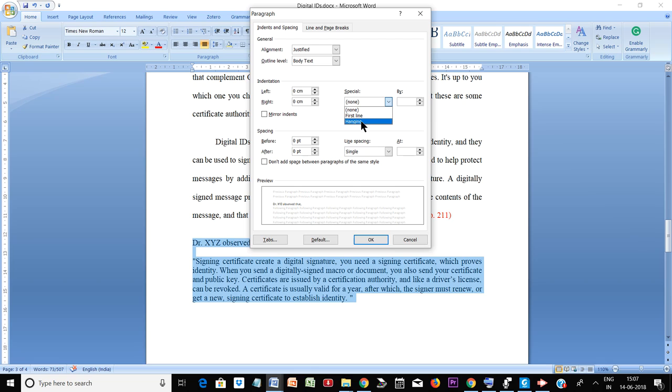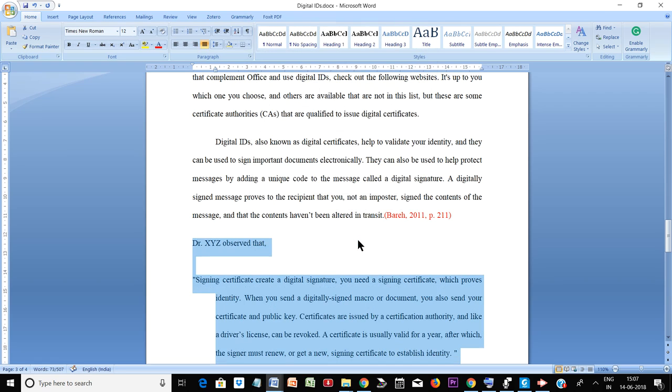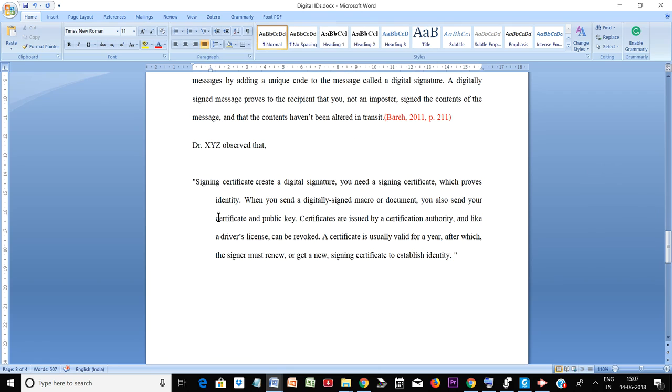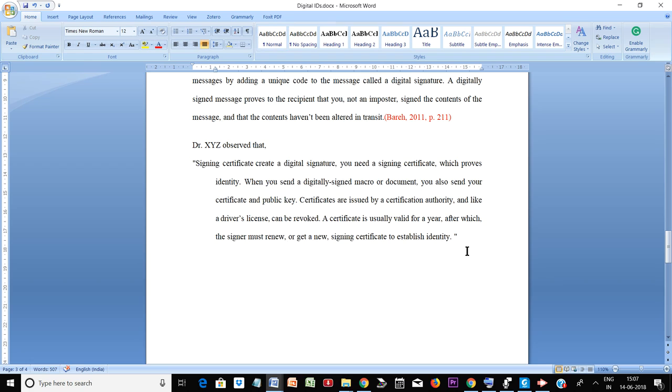Now I'll give a hanging indent. Okay, hanging indent gives me 1.27 centimeters, equivalent to 0.5 inches, half an inch. Now for spacing, I'll use APA double. Now if I do it like that, then this is the proper formatting for a quote of more than 40 words which you have quoted from somebody's work. It's important that you follow this formatting in case you're quoting more than 40 words in double quotation. Now that is it about